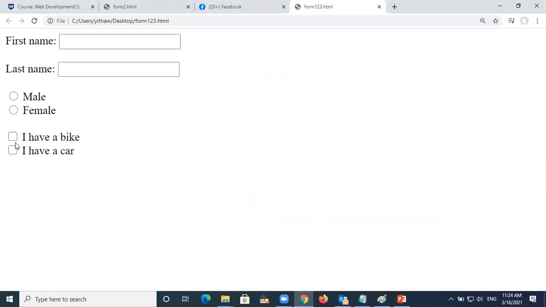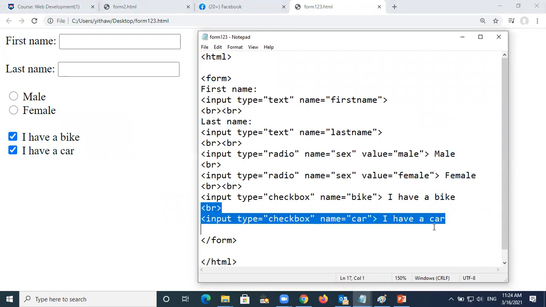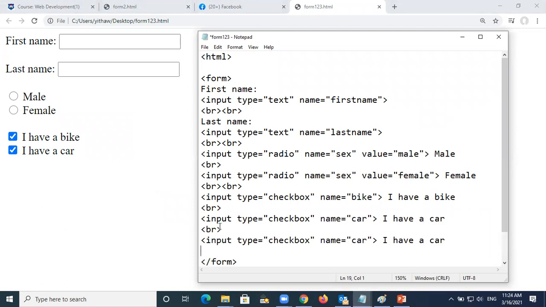see, this is here. So for the checkbox, you can click more than one. Okay, so for example, I will show you if you are going to add another one. It is very easy. You can add another one here. Okay, so if you want to add another one, this is just change.